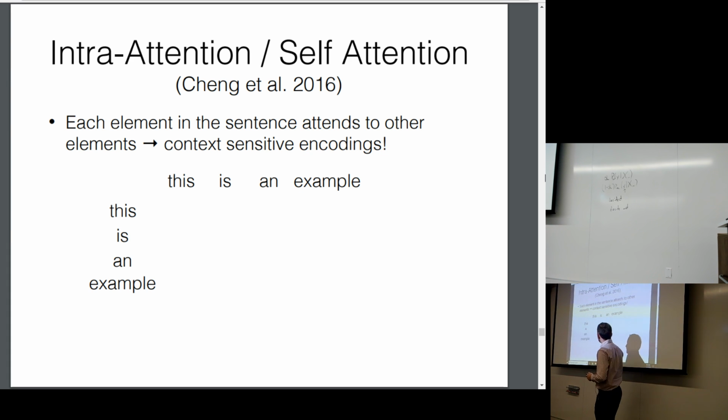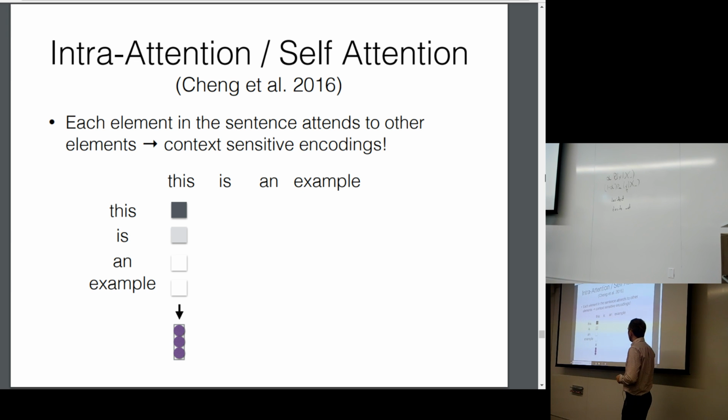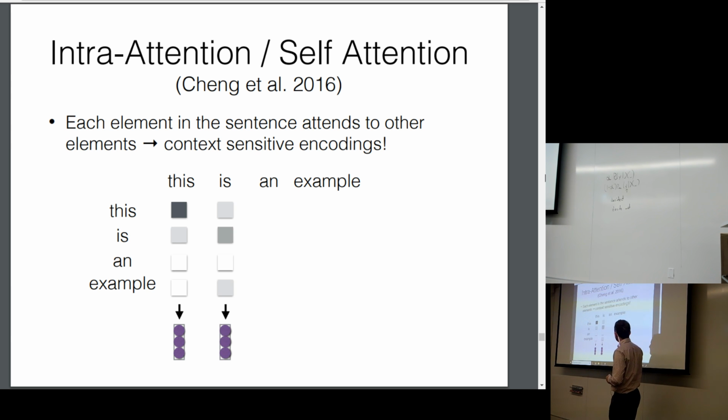These are the same sentence. But for each word in this sentence, like for this word, we have it attend to all of the other words in the sentence. And this and this will probably attend to each other the most. But maybe we also have a little bit of is. So then we can generate a vector based on the weighted sum of all the vectors in the sentence. Here for is,